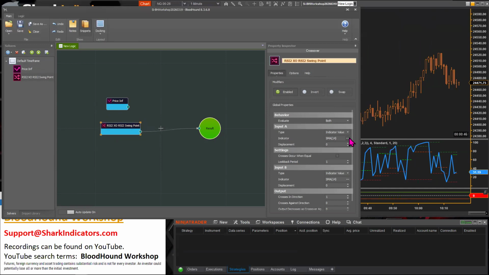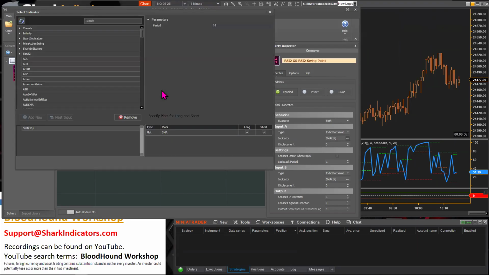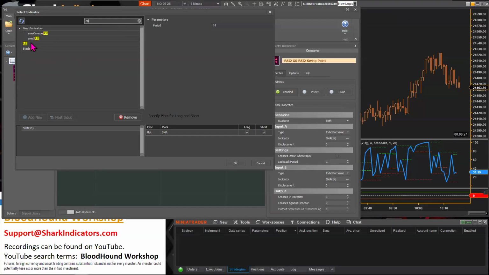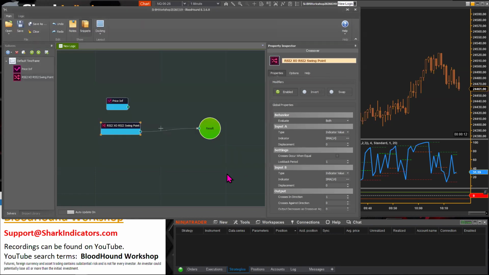So let's open up our indicators here. And you do a search here. There we go. All right, so set it to a 2 period, and we're using an RSI line that's already selected, so we're good to go there.